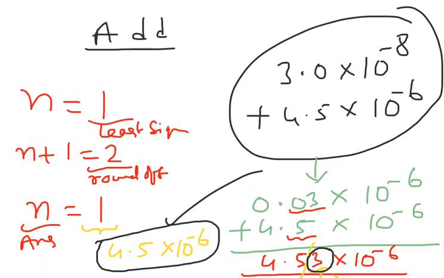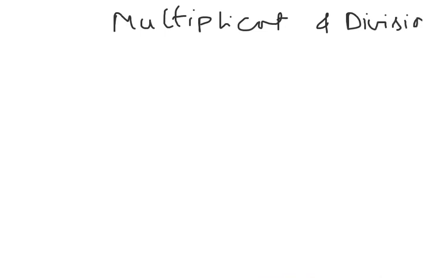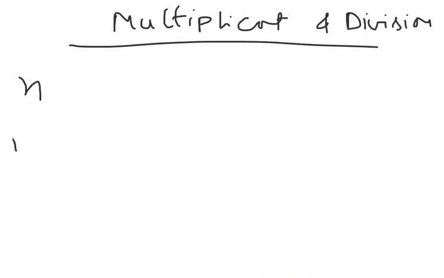Now let us observe multiplication and division. First let us see the multiplication. Multiplication and division follow the same rule, the same method, n plus 1 and n, here also. The only change is that previously we were taking significant decimals. Here we don't use the term significant decimals. We will take significant numbers only, that means the total, with no decimal, nothing.